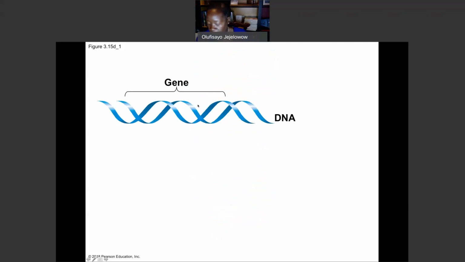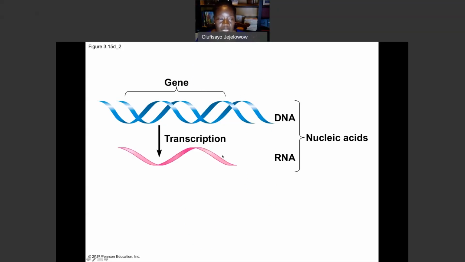Repository of information, the control center of the cell. On the DNA, long strand of DNA are specific genes as previously discussed, and the information, which is in the form of a sequence of nucleotide, is used as a template to transcribe the RNA molecule. The RNA molecule leaves the nucleus. Remember, they are called nucleic acid because of the DNA typically found in the nucleus of the cell.